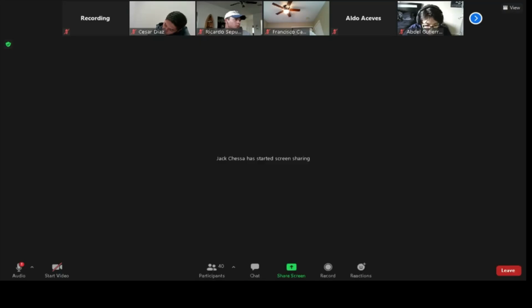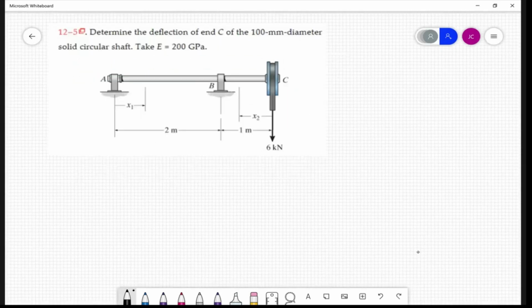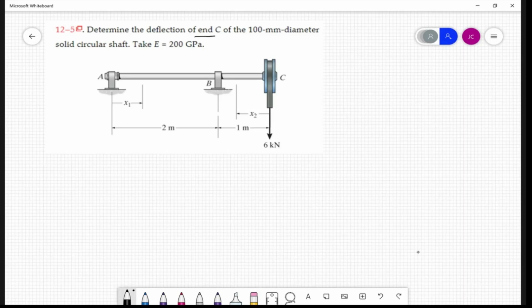All right. So after all that delay, I just was able to open the problem in this thing where I can write easier. All right. So here they want us to find the deflection at the end at C. All right. So it's a circular shaft. It's 100 millimeters in diameter. So we can get that I is pi over 64 diameter to the fourth, right? And so if we do that, that gives me,